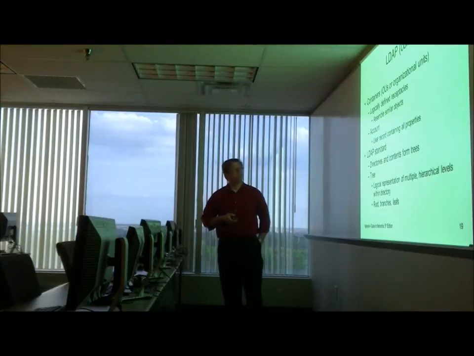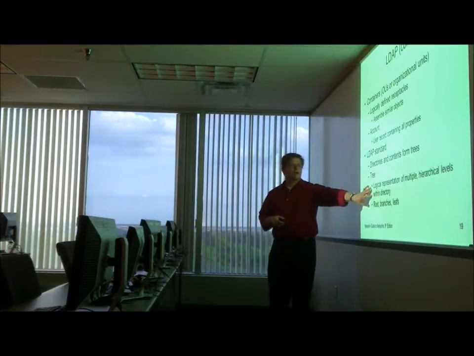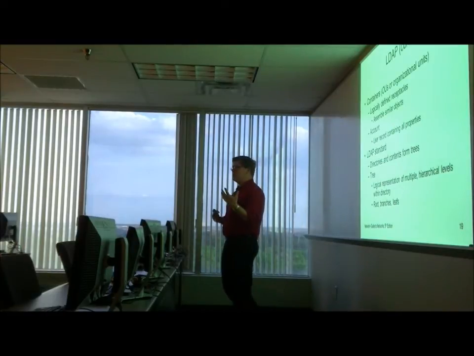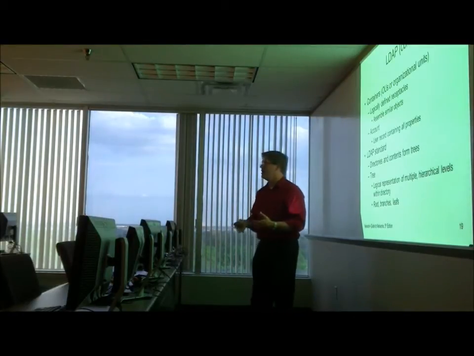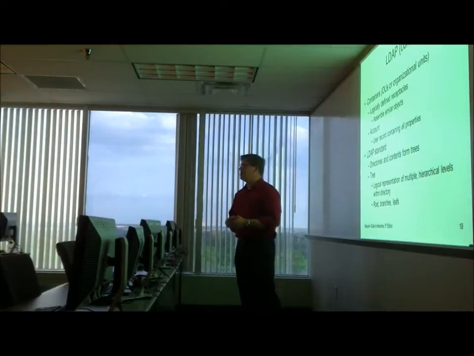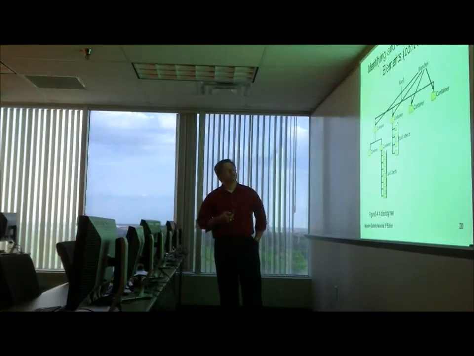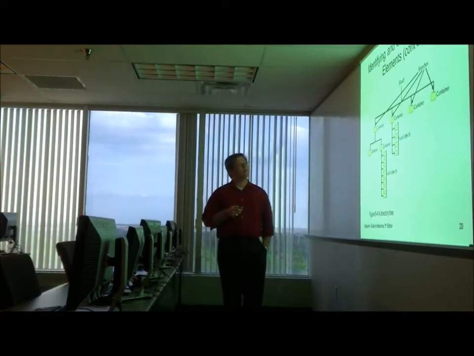LDAP is a particular standard for creating directories and contents from trees. A tree is a logical representation of multiple hierarchical levels within a directory. The root, when we talk about a tree with respect to LDAP, doesn't start at the bottom of the tree. It starts at the very top. It's the very tip top of a tree, and it branches out down from that. Once we get to the very end of a particular branch, we end up with what's referred to as a leaf. So in this case, we start at the root at the very top, and it branches out. We've got multiple branches until we get down to various leaf objects.